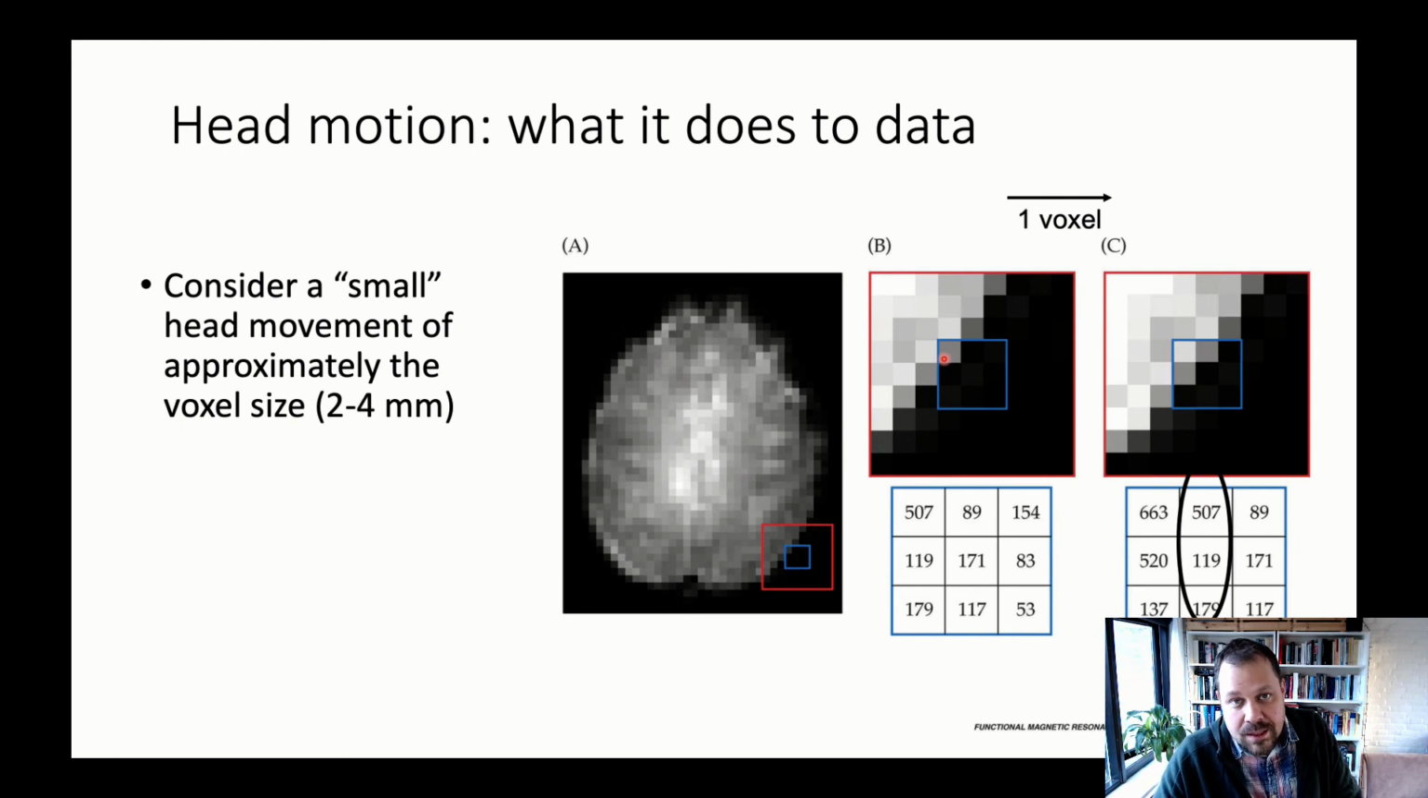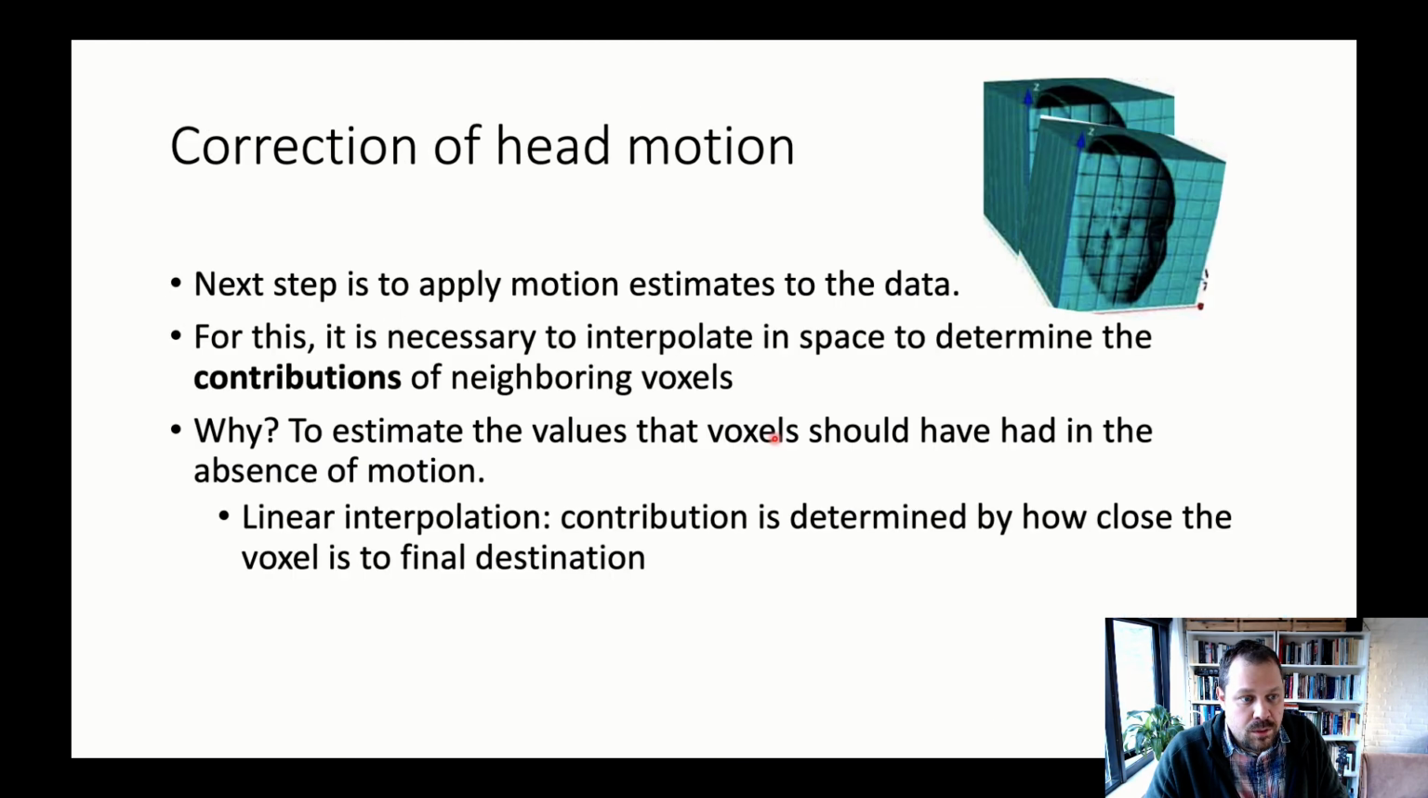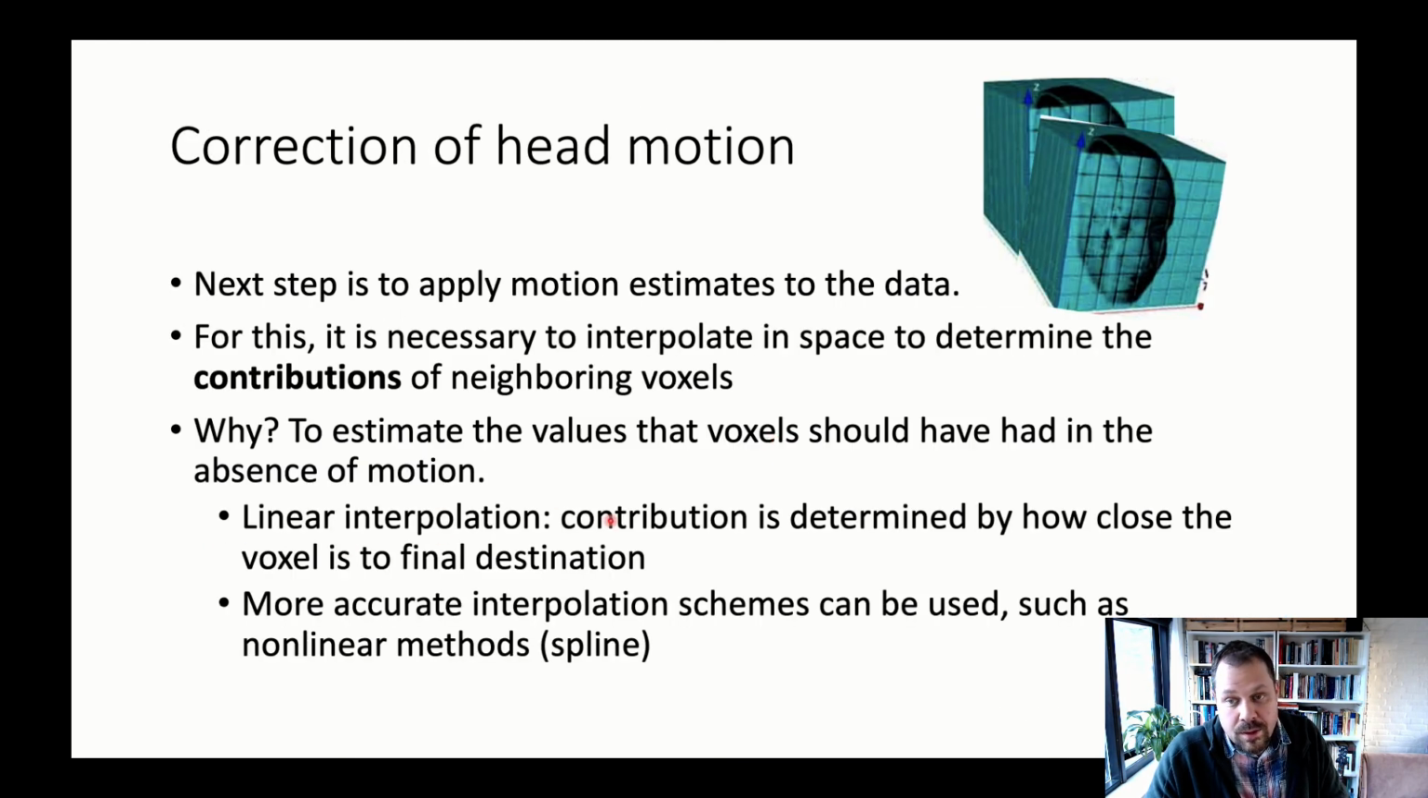But it doesn't know the exact value of the voxel at different time points, so it gives us an estimate of this. But this is a relatively good estimate, and this works. There are many different types of interpolation, but I'll give you a note on how interpolation works. There's linear interpolation, which is the simplest one. The contribution to the final value is determined by how close the voxel is to the final destination, but there are more accurate interpolation schemes,